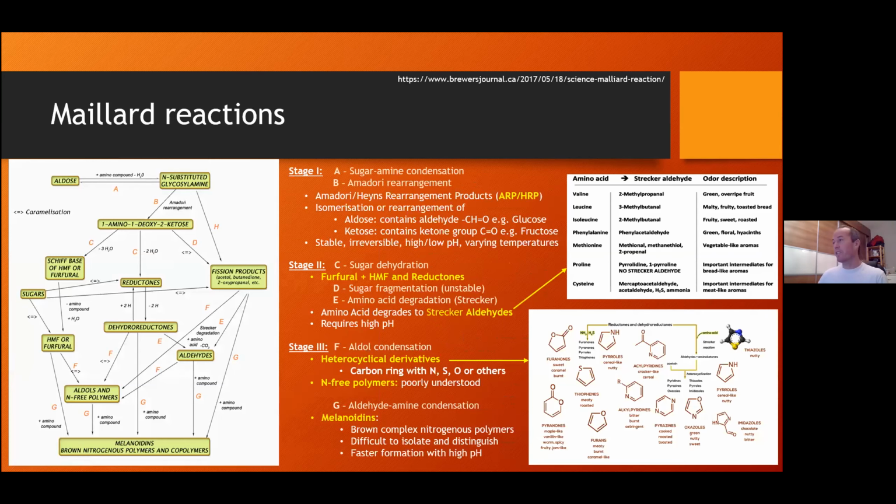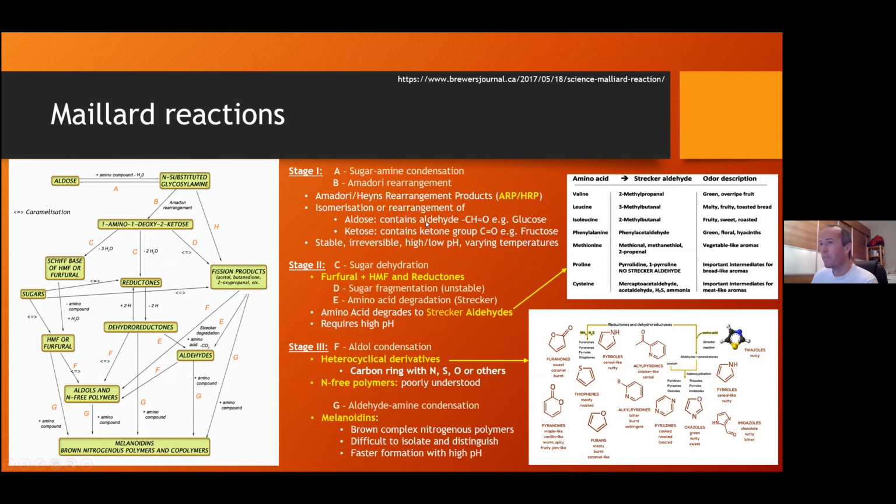Okay, so this is the most complicated part of the whole thing, so please bear with me. If it's too complicated for you, don't worry, you don't need to understand anything that goes on here. There was a really good article, which I put at the top, called The Science of Maillard Reactions, all in relation to beer. When I first read it, I thought it's too much, but actually stick with it and you start understanding a little bit.